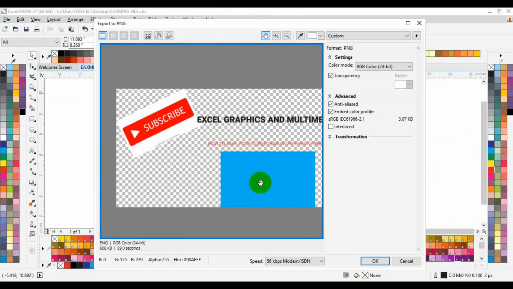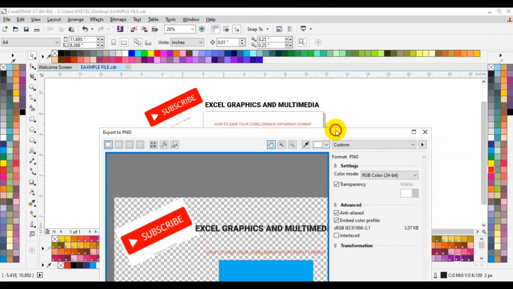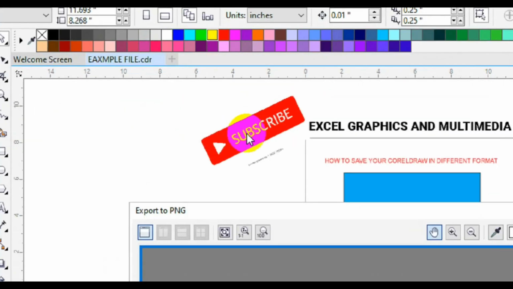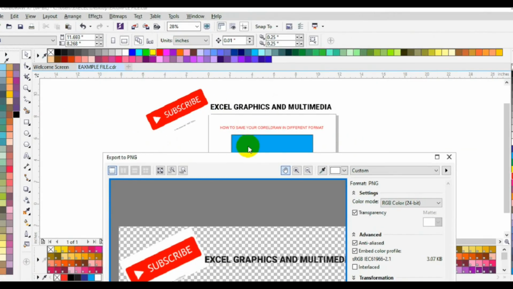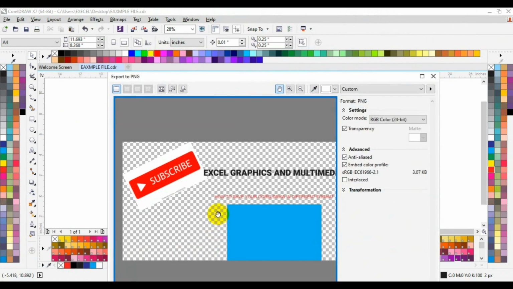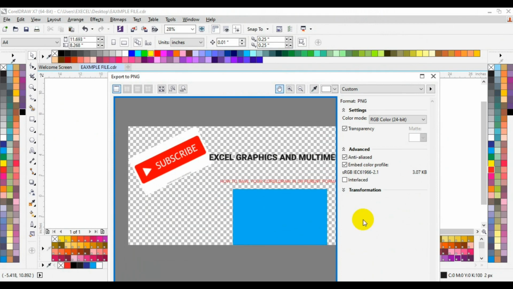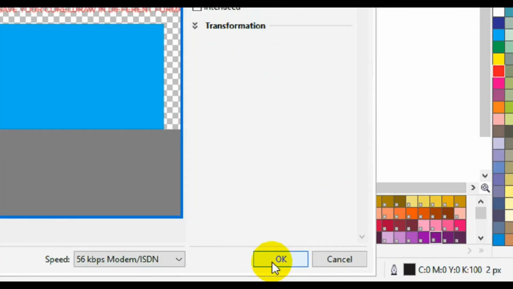CorelDRAW is not going to have a background. So like I said earlier, if you are exporting your file, make sure that you don't have anything in Corel outside work area, so you need to capture everything you have in your space. Okay, so this is high quality PNG, no background. Then once everything comes up like this, you don't need to click on any other thing that comes down below here, just click on this. Okay,